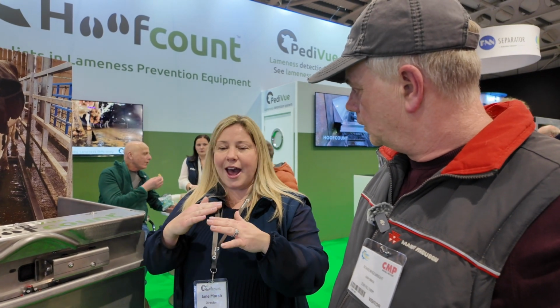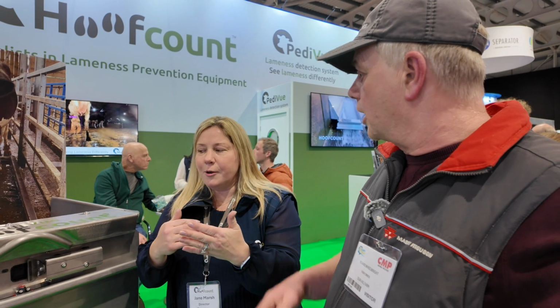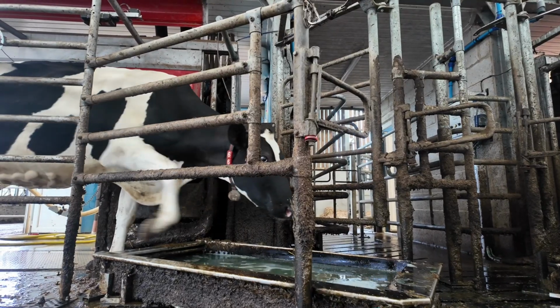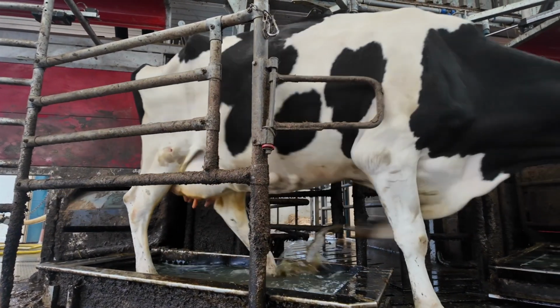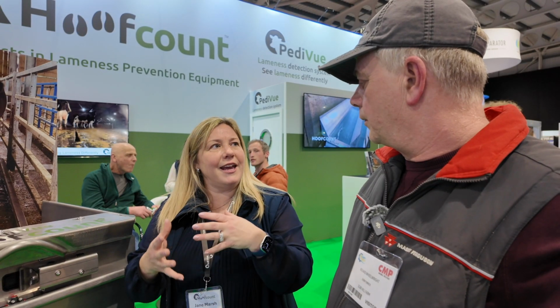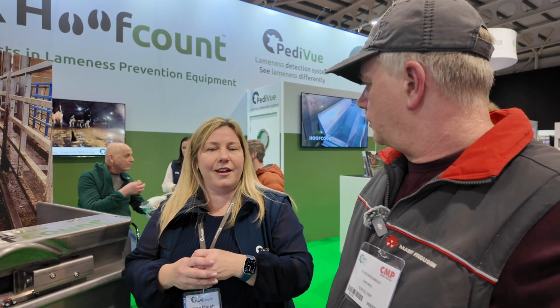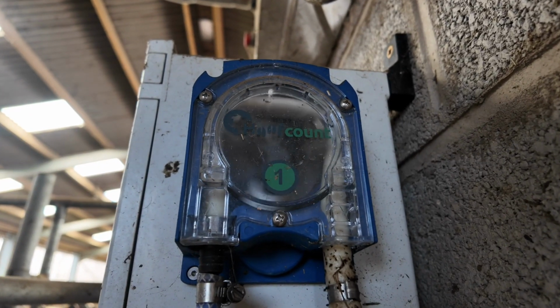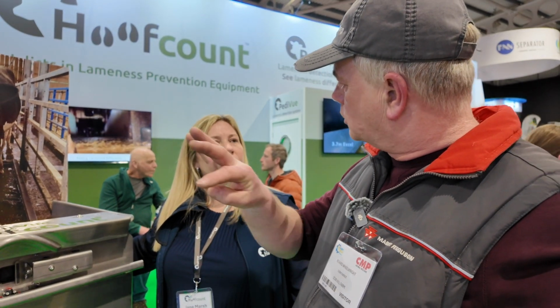Right. So with AI, it's constantly getting better and better and more accurate, because it's a learning model anyway. It is. So now what we'll do is we'll teach the system to mobility score as well. Wow. So that's the next step. Well, that'll save farmer hours. Absolutely. And if it's a system that's doing it, it's less subjective. You've not got a human in there. Right. Because going a step further than that, especially on mobility scoring, would it pass the information directly to another program which could be added to the...